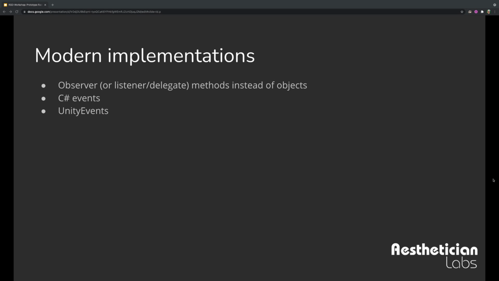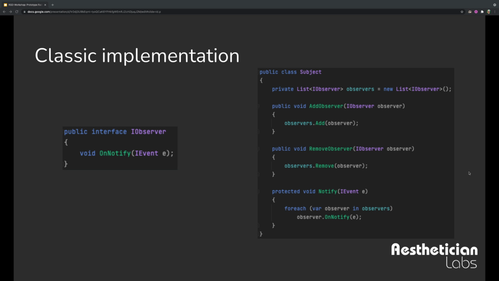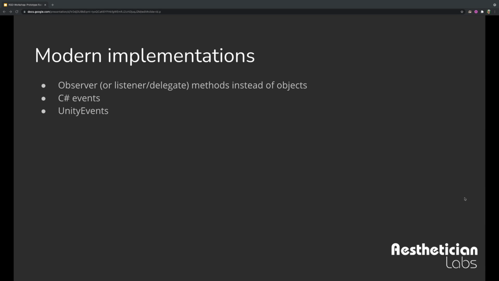In more modern cases, we have constructs and languages now that supersede the original implementation, or actually just build on top of it, really. In C# we have the events system and events API, and in Unity we have Unity events. And both of them have their strengths and weaknesses, which we'll talk about way in the end. But most modern languages have some form of event system now, which is primarily based on the original definition of the observer pattern, that walking through a list of observers and invoking some kind of method.